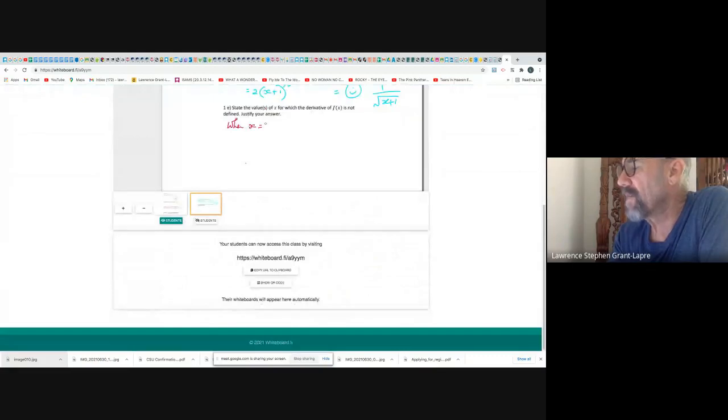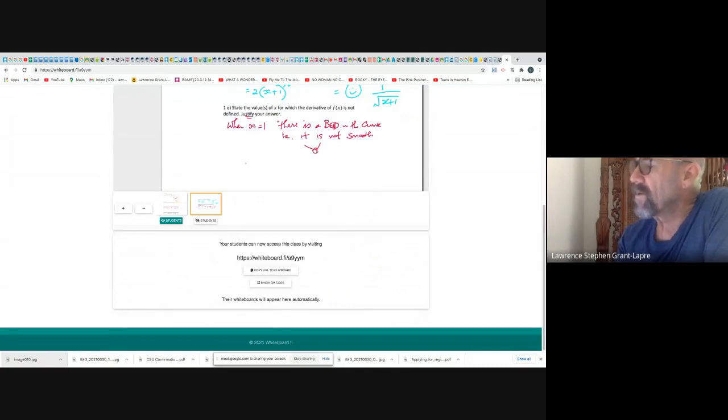Justify your answer. There is a bend, B-E-N-D, in the curve, i.e. it is not smooth. And when it's not smooth, you don't get a natural flow of derivatives. You can't have two different derivatives at the one point if it's a bend at that point, there's no gradient to the curve. So the other one is when x is 2,